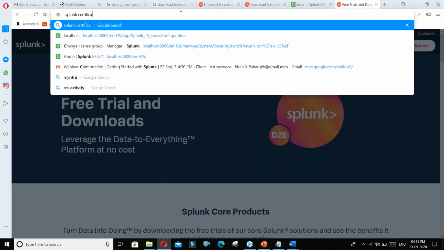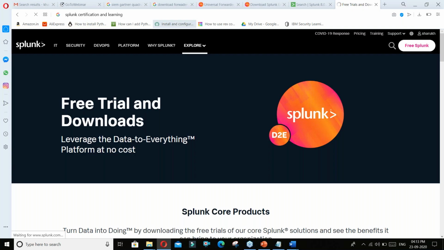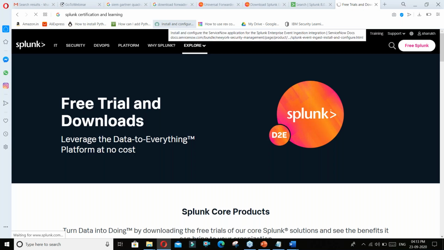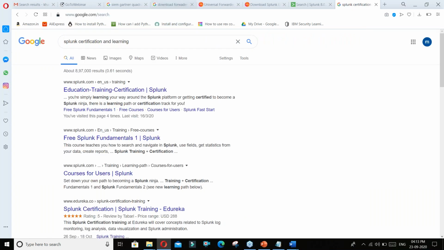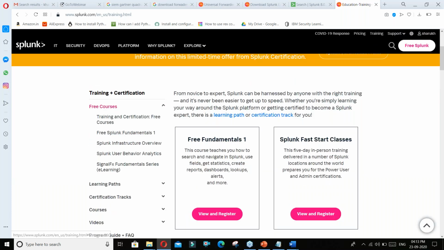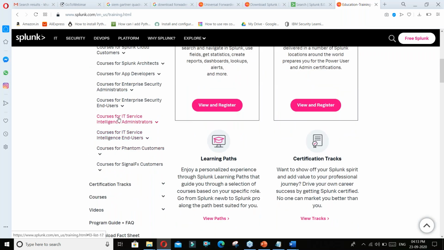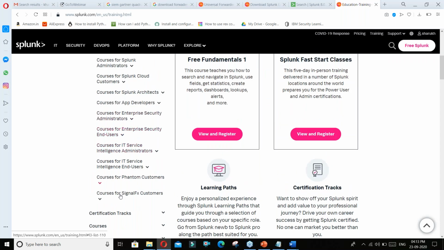Splunk certification and learning path. So guys, people don't go for the official trainings. Actually, the trainings are very costly. They cost more than 2 lakh for a single person. Certifications are less. Yeah, so for training and certification there are multiple courses available, multiple things are there, learning paths. You can see Splunk Phantom, ITSI, IT Service Intelligence, Enterprise Security, SignalFx. N number of things are coming into the picture, guys.